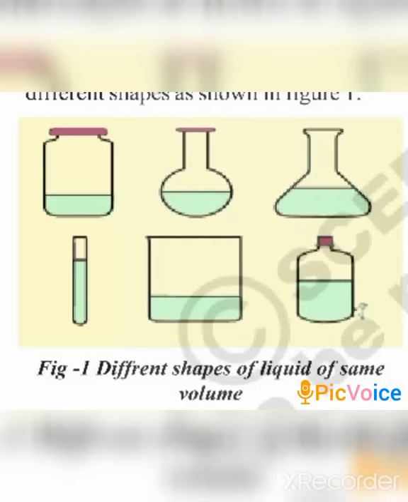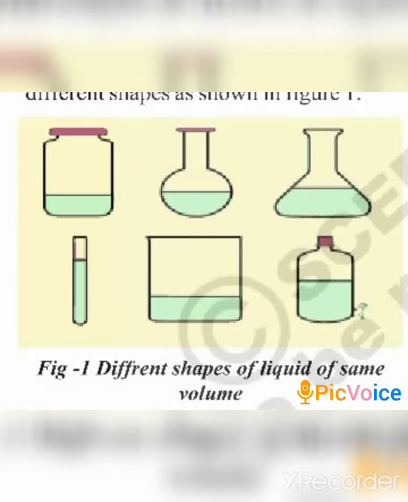In this image you can see different types of containers. We will try to understand the properties of the liquid with the help of the image. Take a 100 ml jar and pour water in it, 100 ml water in each container, and mark the level of the water in each container. After that, take 100 ml of petrol, remove the water from each container and pour petrol in it, and check whether the petrol and the water mark is similar.